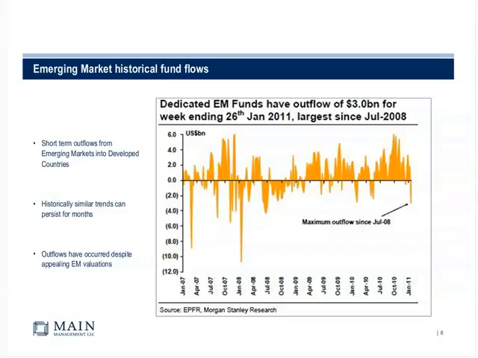You can also see that from July of 2008, there was an extended period of outflows. Now, that did coincide with the entire crisis that erupted with Lehman and Bear Stearns and all of the rest of it. So they are slightly different, but what's probably important to key in on is that during that 6-month period back in 2008, when you had outflows, there was 15 points of underperformance of the emerging markets versus the S&P 500.